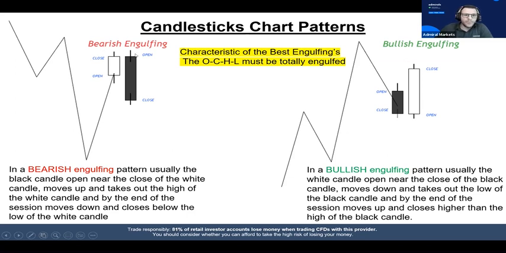So basically most of my trades are based on the engulfing candles. We can find the engulfing candles in many time frames. Everywhere we can find it: during an uptrend, during a downtrend, in the middle of the charts, at the top,